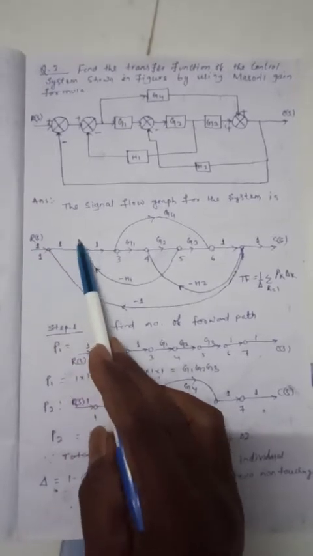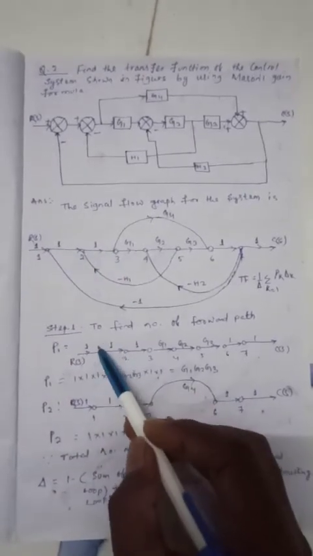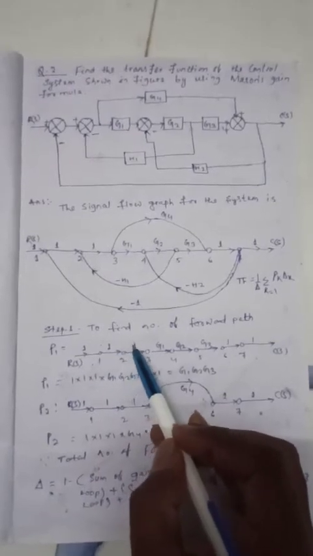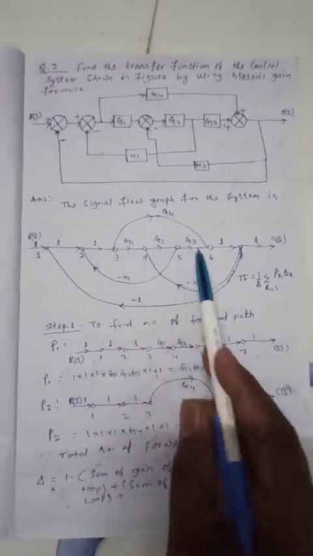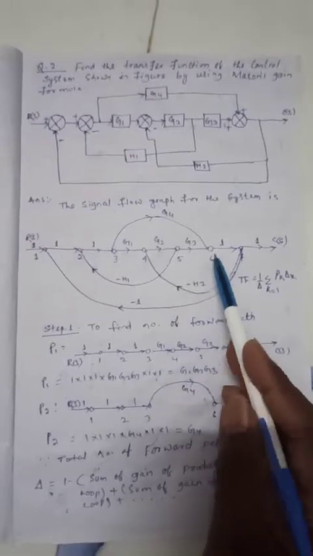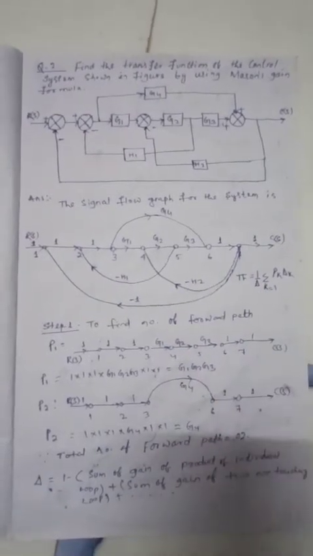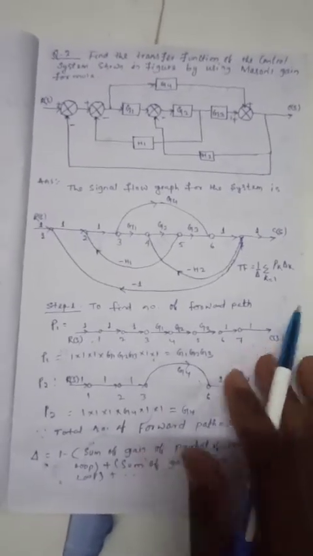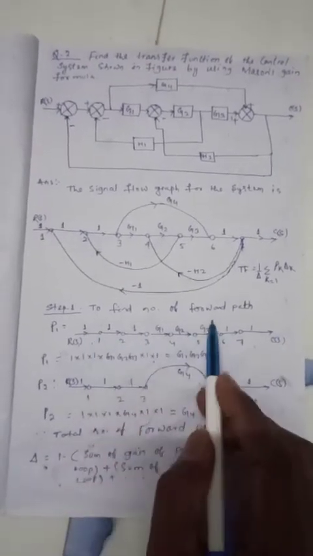Clear? So 1 here, so here also 1. This is called a path gain. So individual path gain here 1, 1, 1, I am making an individual path gain. G1, G2, G3 are the individual path gains. 1, 1 is the individual path gain. Then what is the forward path gain of this forward path number 1?